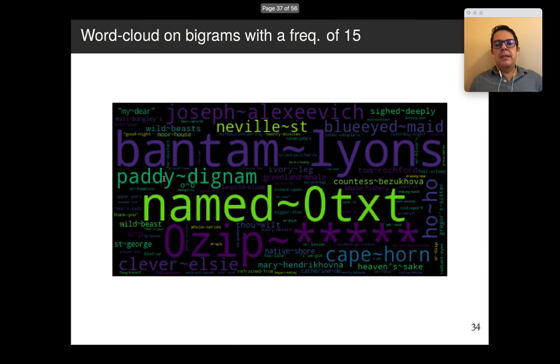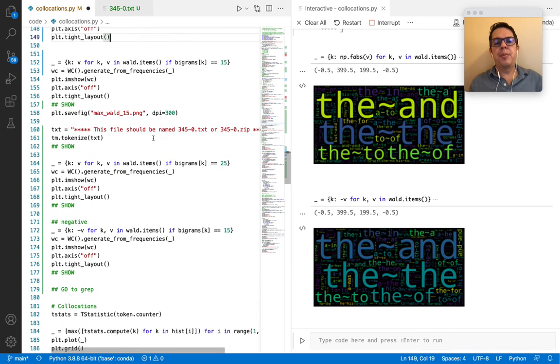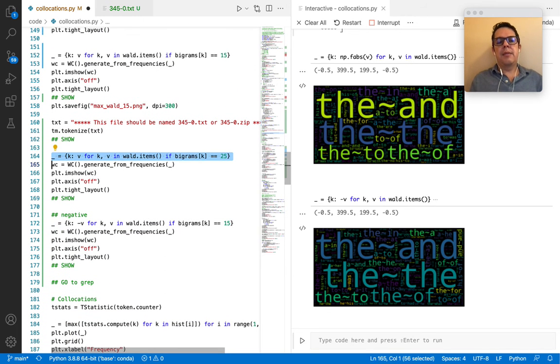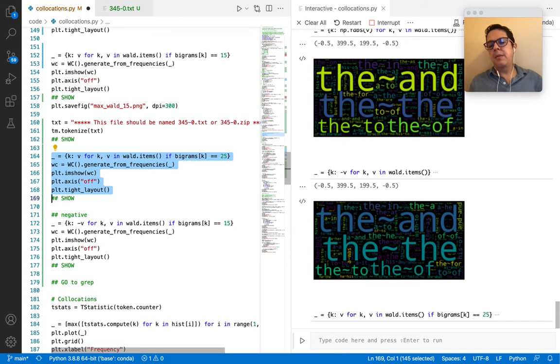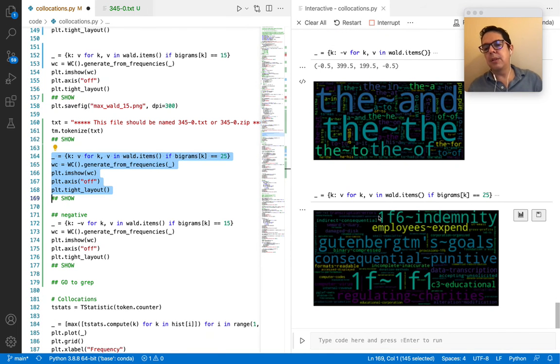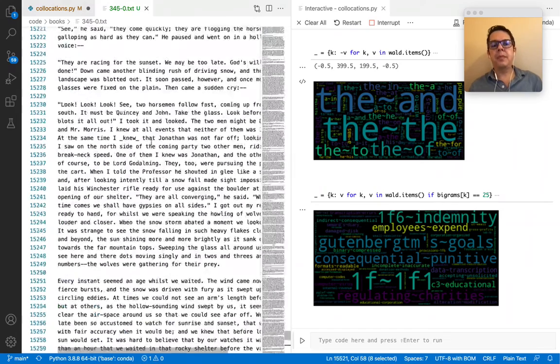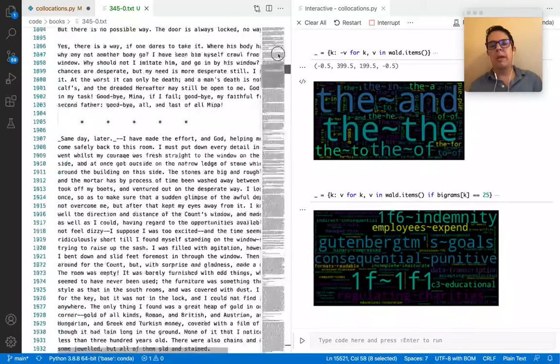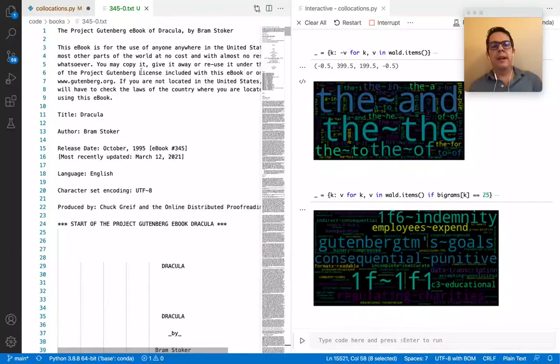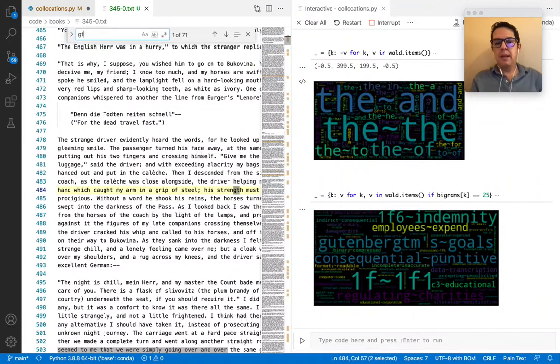Let me continue with this description. We have just seen the bigrams of frequency 15, and I told you that there were 25 books. So let us look at what happened when we look at 25 books. We can also find something that is in all the books. If I go to this book and then go up, we are going to see a kind of header, and we are going to find this string in all the books because it is